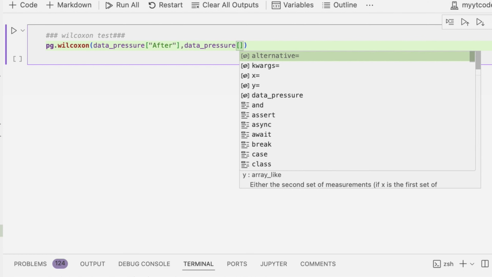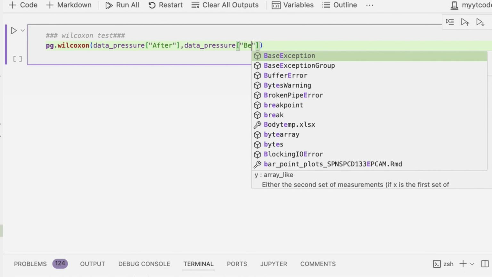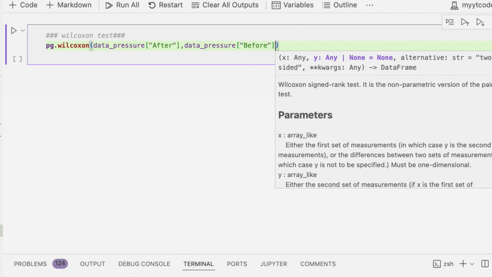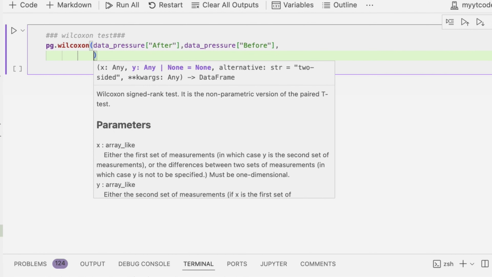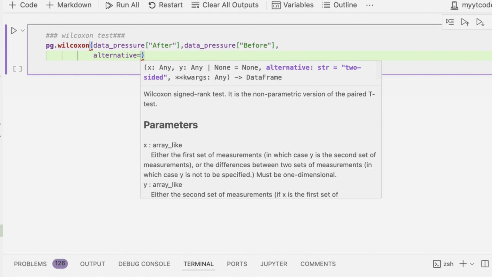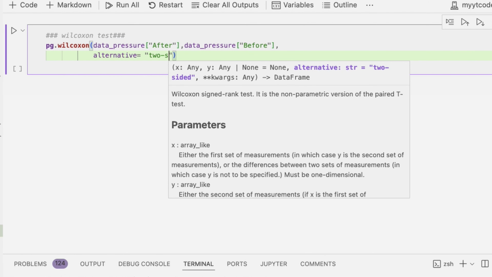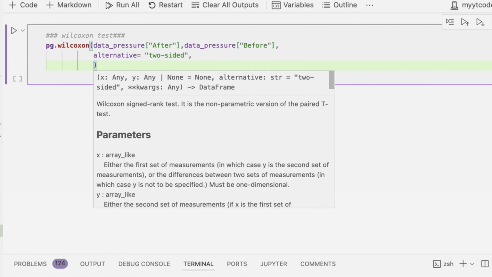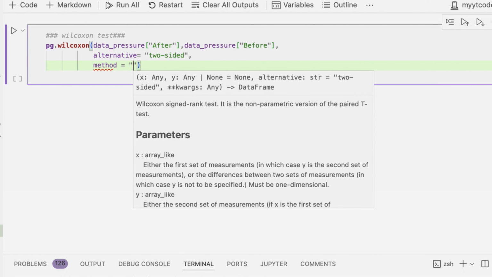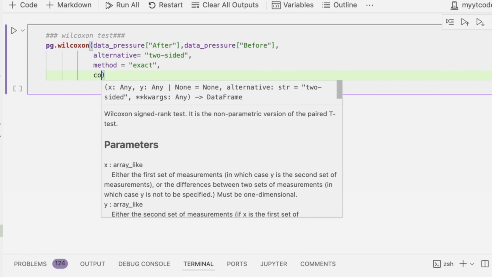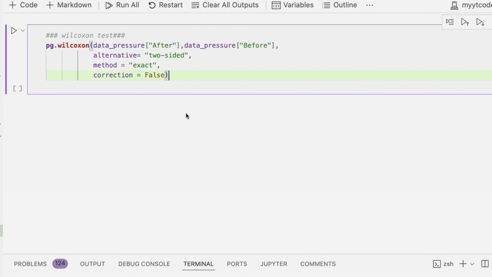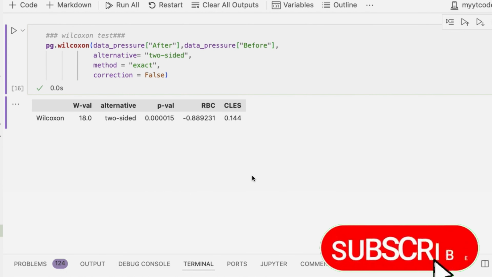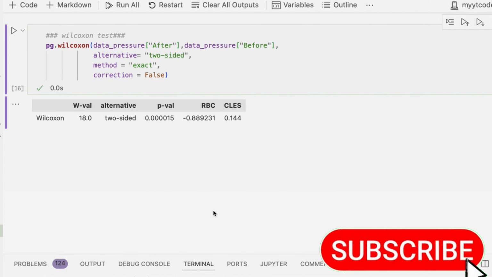We open the bracket and write here before. So we already give Pingouin our readings before and after the measurement of the blood pressure or medication. Now we write alternative, we put a comma, alternative equals two-sided, because it's a paired sample, two-sided, and we also give method equals exact, comma, and correction equals False, and we simply run this code chunk here, and you can see